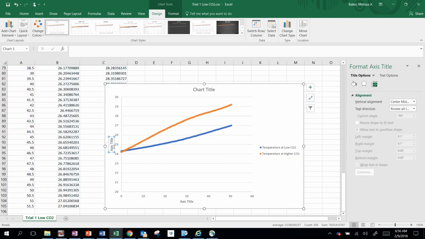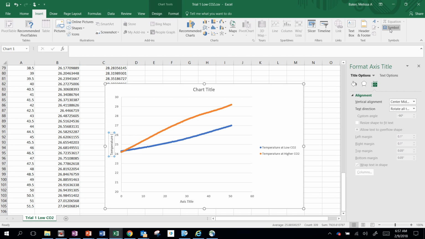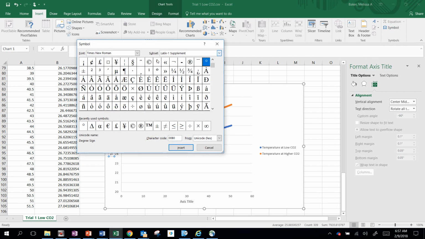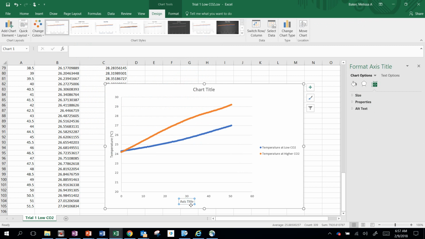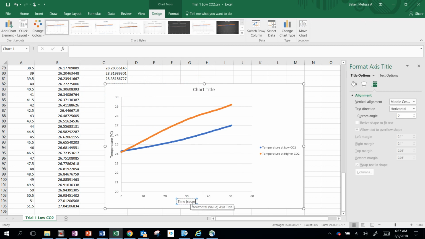Okay, so first I need to change my titles here. This is temperature, and then I'm going to be fancy and insert a symbol way off to the right here, my little degrees symbol. Degrees Celsius, and then going across the bottom I'm going to change this to time in seconds,